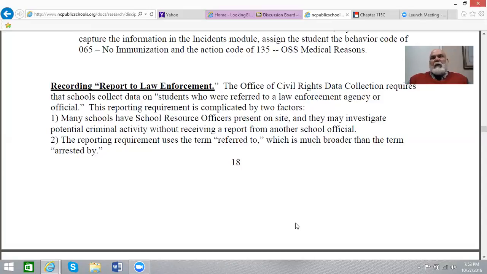Manifestation determination is always about determining if the behavior the kid is exhibiting is a function of his disability. You'll always have to do a functional behavior assessment, and you'll always have to do a psychological. And you'll have to do that manifestation paperwork, the EC5 is what we call it. You know what that is, Lou. You'll have to do that stuff. So those are some thoughts that I have on exceptional children. There's some good stuff to read.